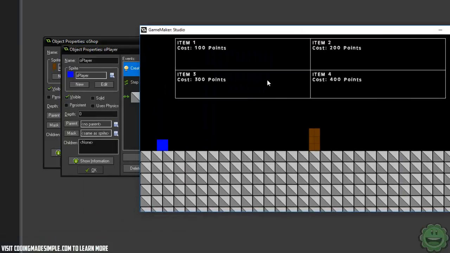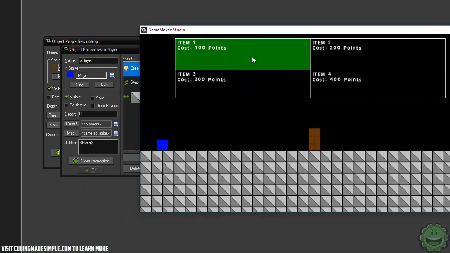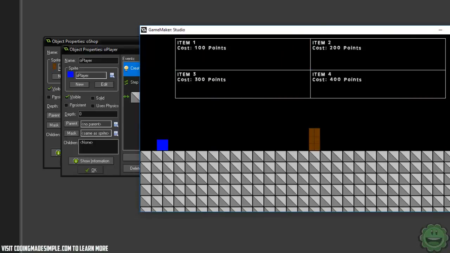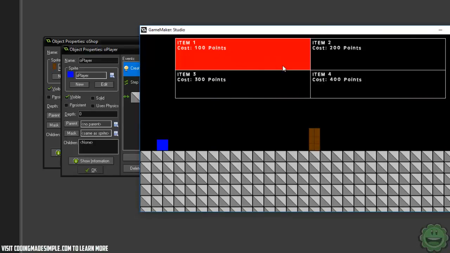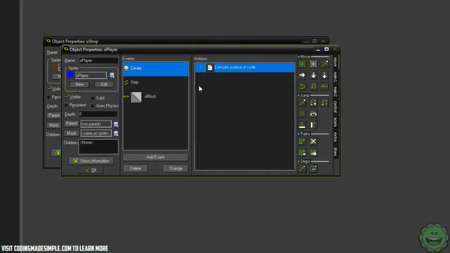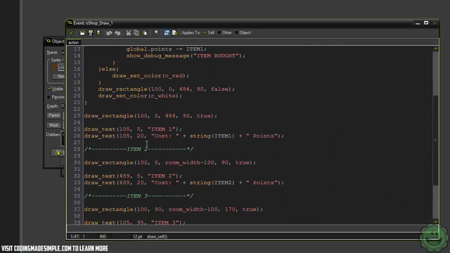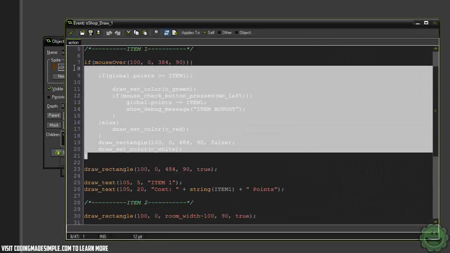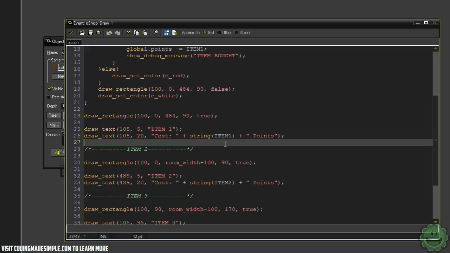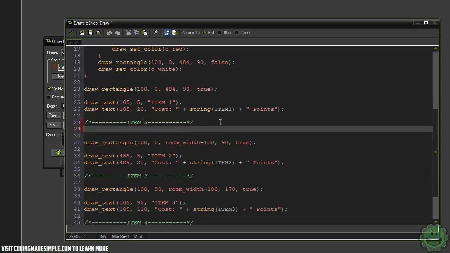So now when we hover over it, you can see it's green, and if we click, down there it says item bought, and we don't have enough to buy it again. All right, so we can essentially just take that code, copy and paste it throughout the rest of our items. So I'm going to go to item 2 now,